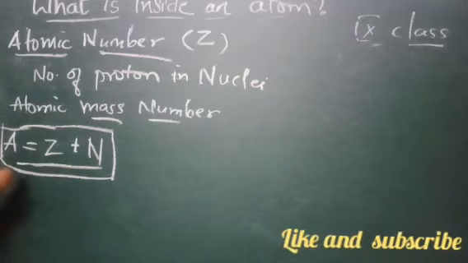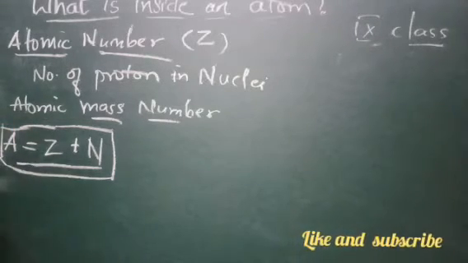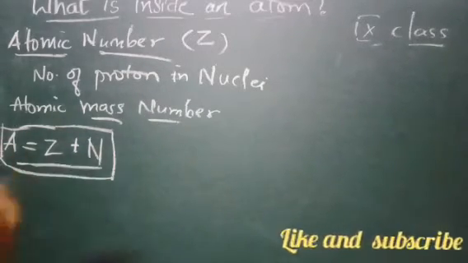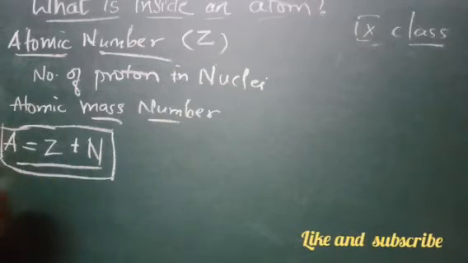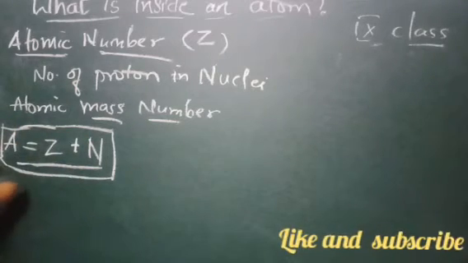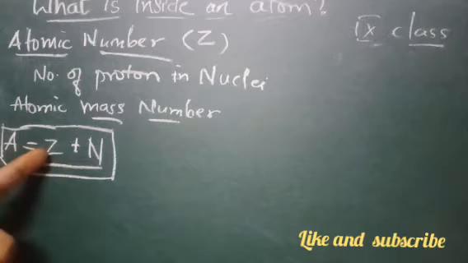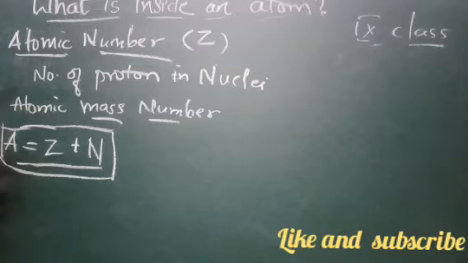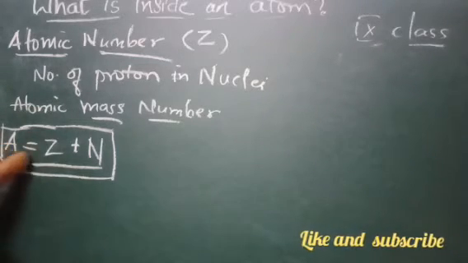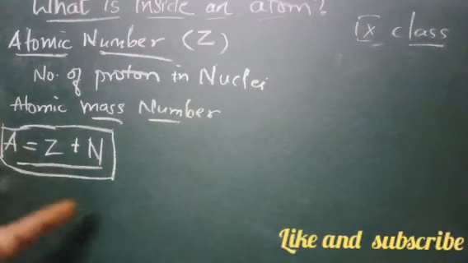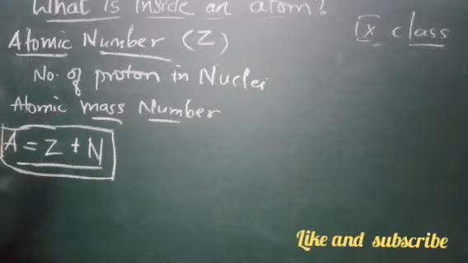Nucleons are nothing but protons and neutrons. The particles which are present in the nucleus are called nucleons. So what are present in the nucleus? Protons and neutrons. So the number of nucleons is the total number of protons and neutrons in an atom. It is called the atomic mass number, which is expressed as A is equal to Z plus N. Is it clear? The mass number is the nearest whole number to the mass of the individual atom. Mass number is the number of protons plus the number of neutrons.